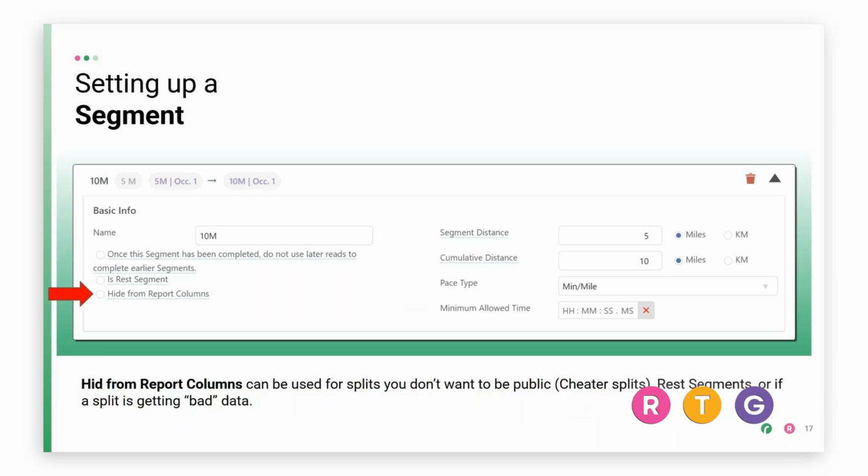Next, a pretty nice feature, the hide from report columns. This is handy if you want to set up segments, but you don't want to include them in your default reports. By default, RaceDay Scoring creates a report that includes splits if splits are set up. And so it's really easy, and you don't have to worry about adding additional columns. But sometimes,